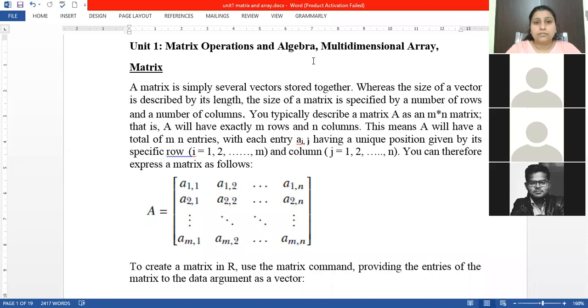In vectors, we defined size by the length, but in a matrix, the size is always defined in terms of m cross n, where m is the number of rows and n is the number of columns. Like here, there is a matrix A which has elements from A11 to Amn. The size is m cross n, where the total number of rows is m and the total number of columns is n.